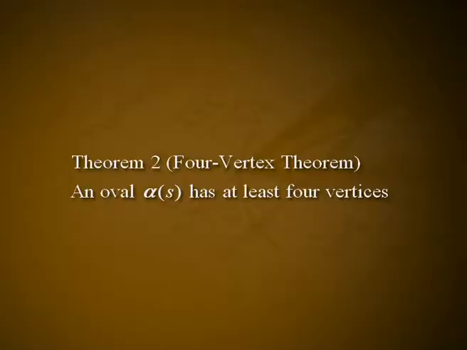Theorem 2. Four vertex theorem. An oval α(s) has at least 4 vertices. Proof: since α is C³, κ' is equal to 0 at each vertex. If κ is constant on any segment, then every point on this segment is a vertex and we are finished. We may therefore assume that α has no circular arcs, and since κ is greater than 0, no straight line segments either,